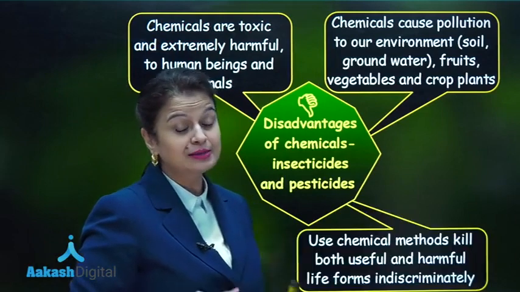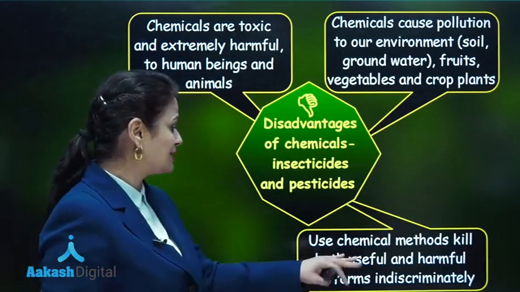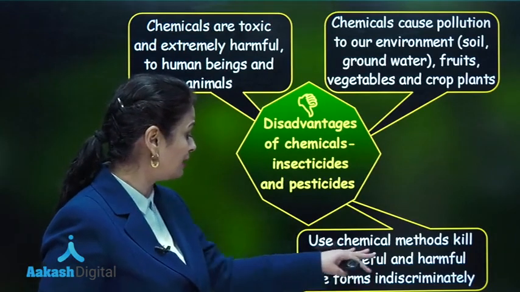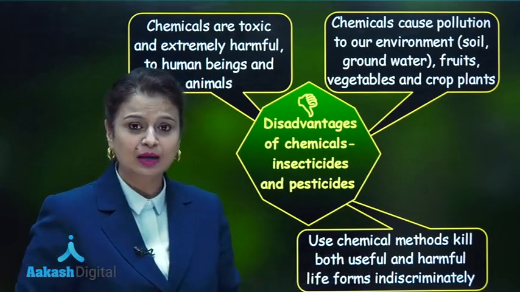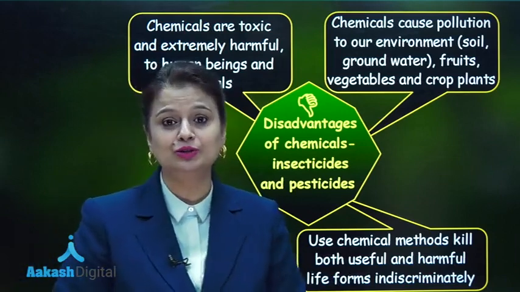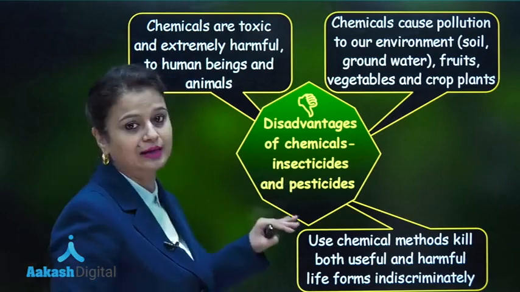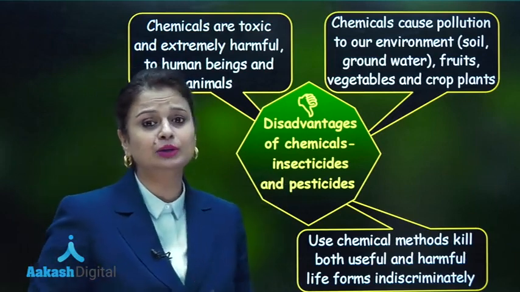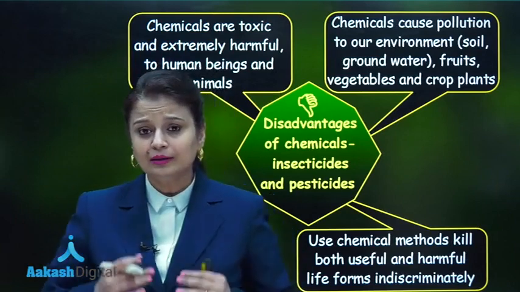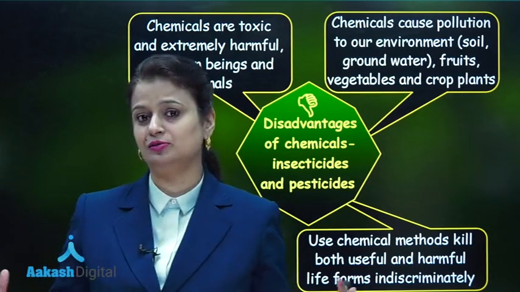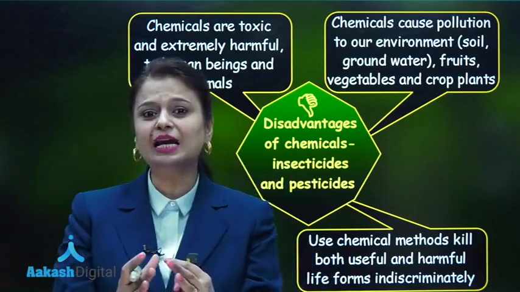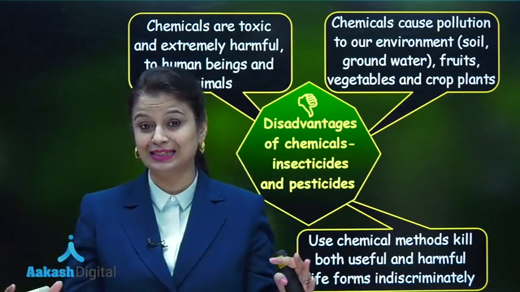Now these chemicals kill target as well as non-target organisms, meaning they kill useful and harmful life forms. So the conventional farming system is based upon usage of chemicals like insecticide and pesticide which kill both target as well as non-target organisms. Now according to modern agricultural system, according to organic farmers, an area which has more biodiversity, that area is more sustainable.